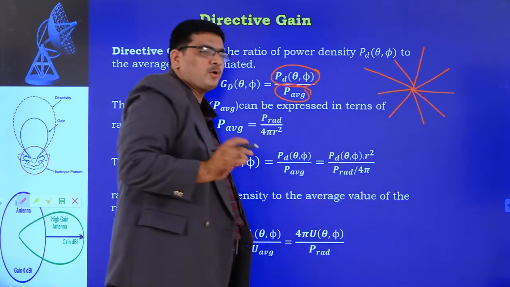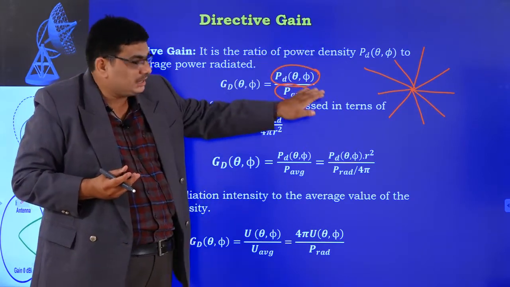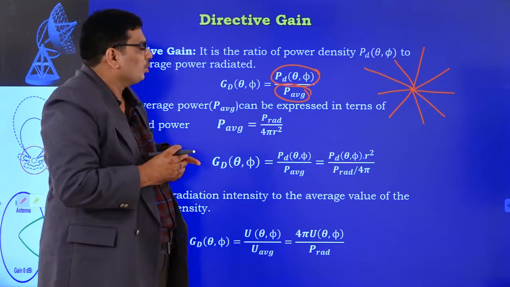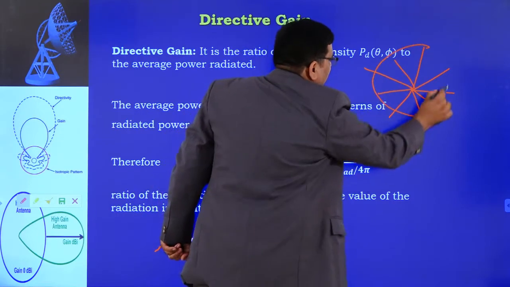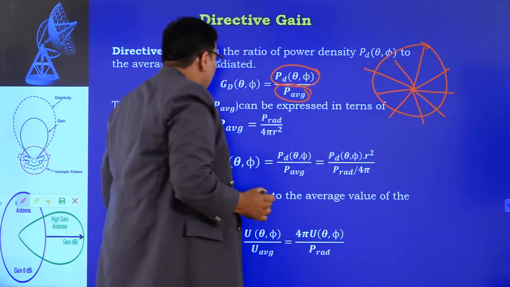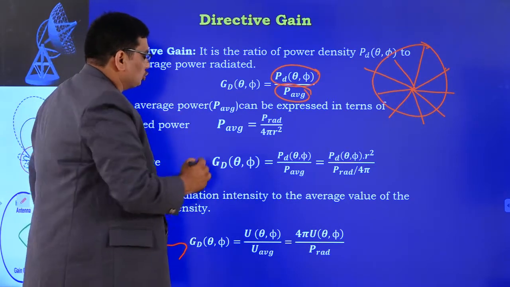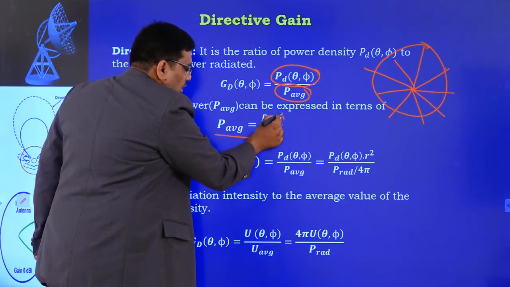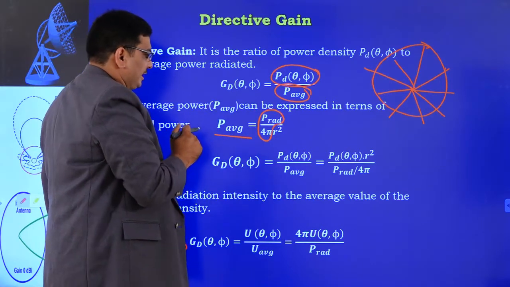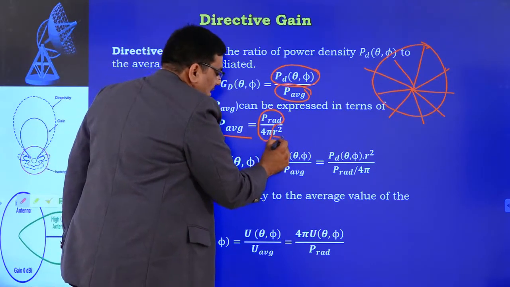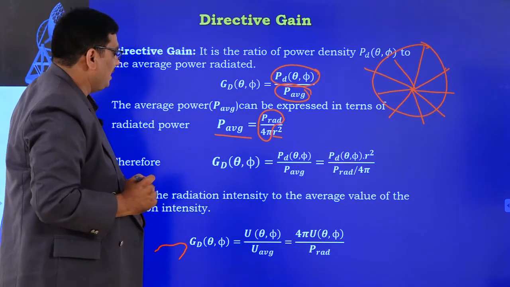It is not possible to design an antenna which will radiate uniformly in all directions. That is why, whatever maximum radiation there is throughout the sphere of 4 pi, it is the same at each point. So the average power, in terms of radiated power, we already discussed in the previous one. That is P_rad by 4 pi, the average radiated power P_rad by 4 pi, and the distance is r square: P_rad by 4 pi r square.